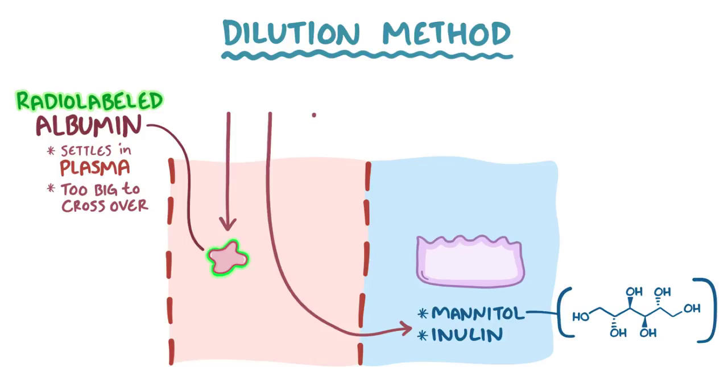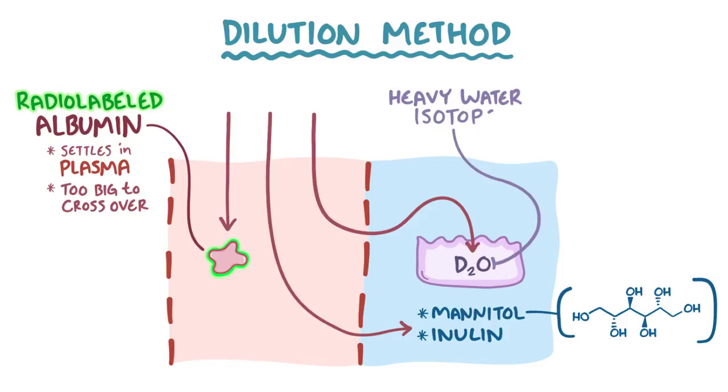Finally, for the intracellular compartment, it's done with molecules that can freely diffuse across the cell membrane, like heavy water isotopes, or D2O, which can easily be differentiated from normal water, or H2O, that's in the body. Once it's absorbed, D2O acts just like water and distributes in the 60-40-20 fashion. So 2/3 of it is intracellular and